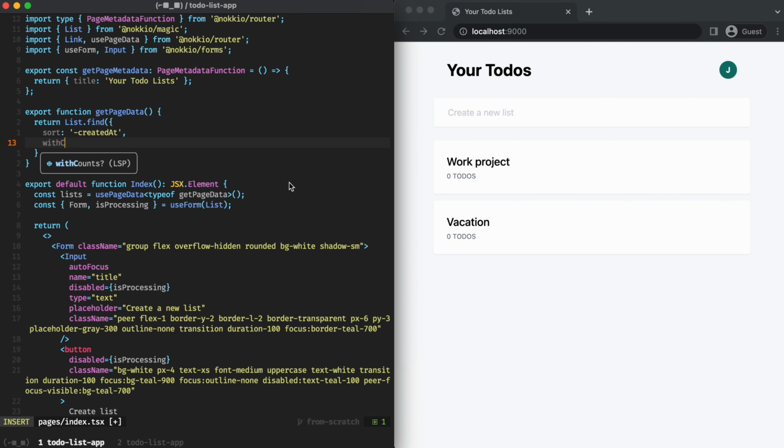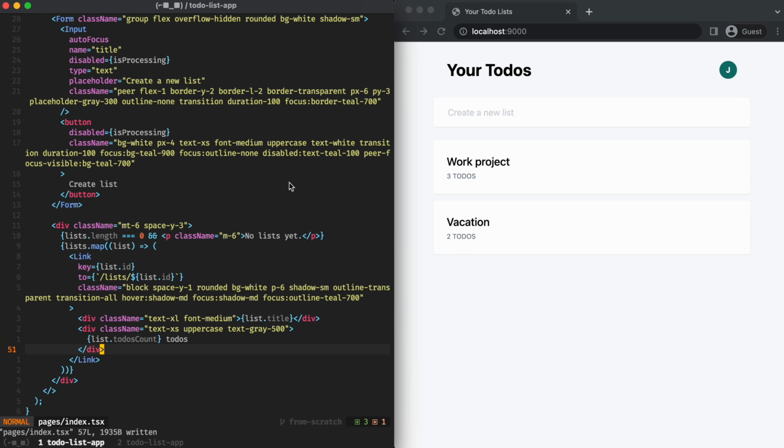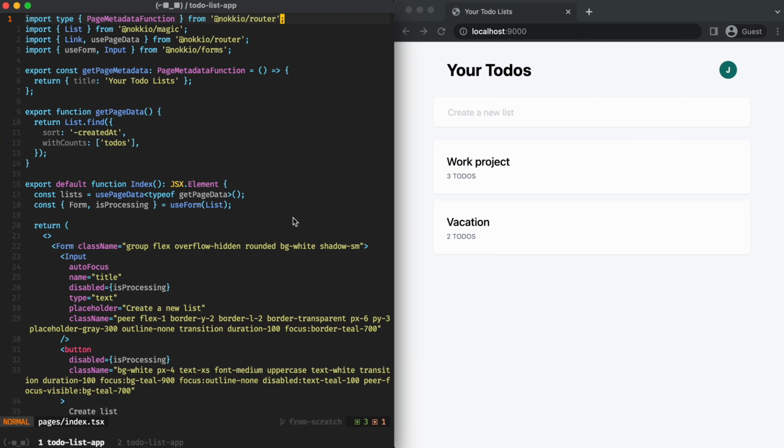list. We can leverage Nokkio's relationship helpers here by adding a with counts option to the list.find call. This will efficiently fetch a count of the to-dos for each list, which we can then use to display the count in our UI. Next, I want to take a moment to talk about the options for loading data in